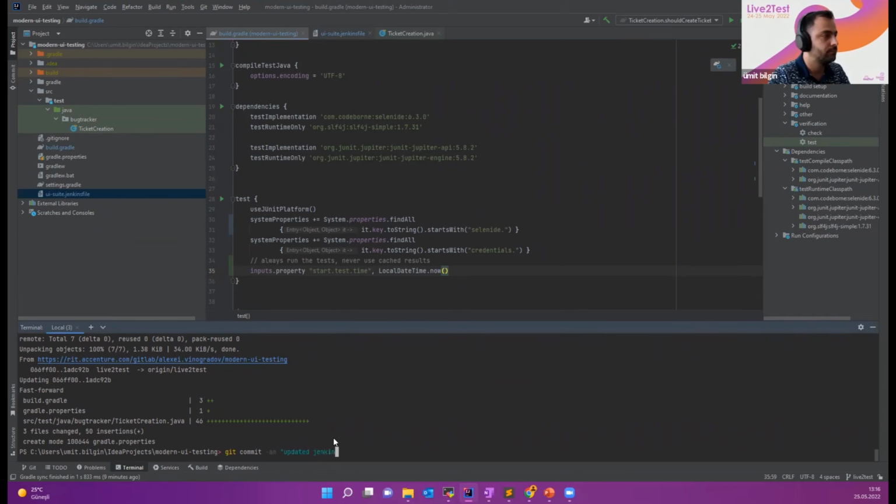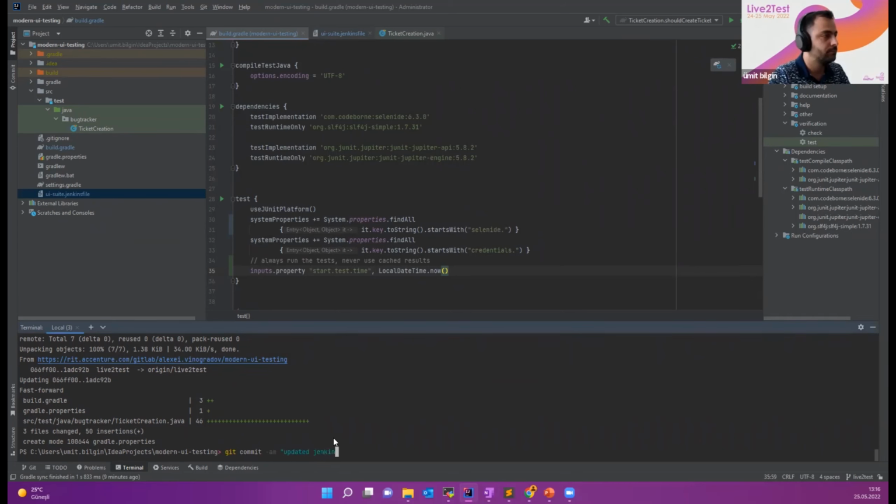As you see, it's getting the last commit I have sent with the comment "updated Jenkinsfile", so the test will start running. Yes, it's running. So we are in the test task. As you can see, the test started running properly.